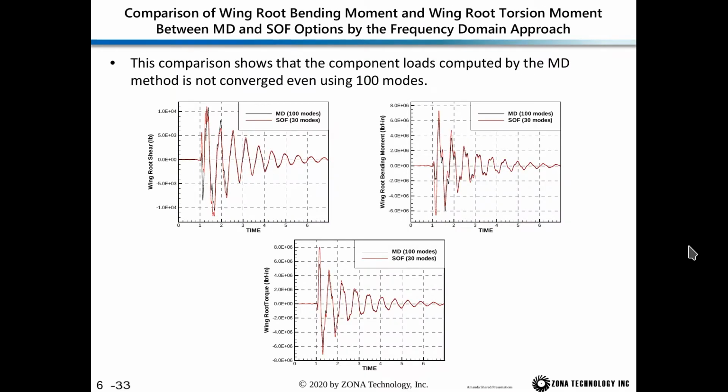So now we'll compare the wing root bending, wing root torsion, and wing root shear, and compare the mode displacement and the SOF. We have the mode displacement using 100 modes and the SOF of 30 modes, and you can see that at the initial kick, the answers do not agree with one another. But then as time goes on and the high frequency